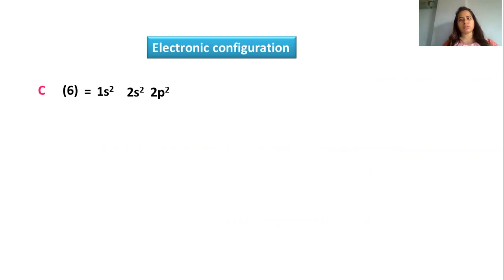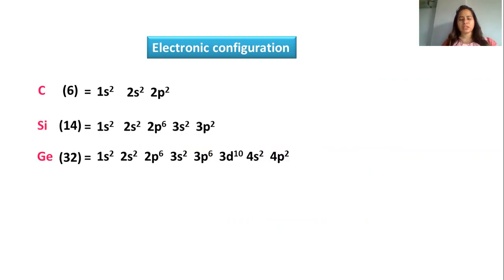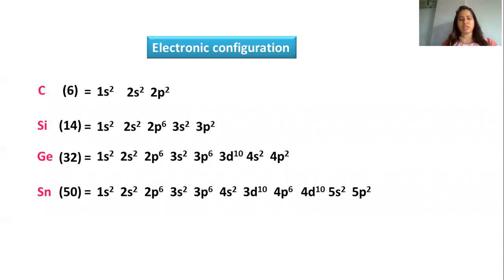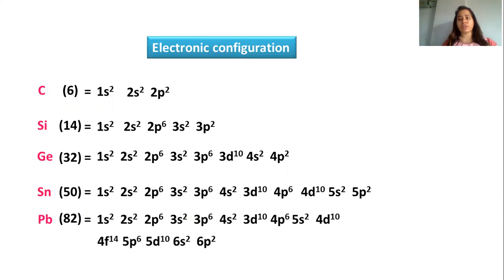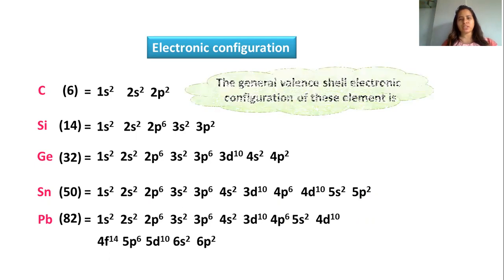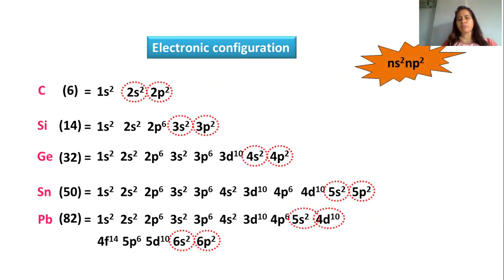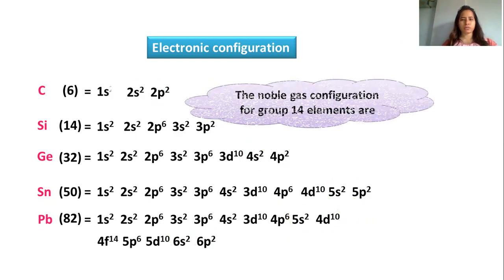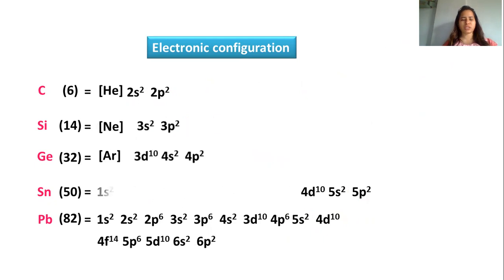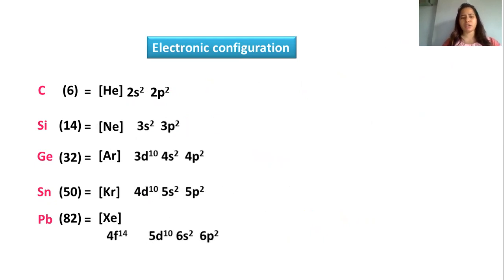If we know the electronic configuration of group 13, same way we can write for group 14. Just we need to change. You can see here the general electronic configuration for group 14 is ns2np2. Very important, the general electronic configuration that you need to write down is ns2np2. In group 13 it was ns2np1. So you can see we have changed it and written it down in condensed electronic configuration.